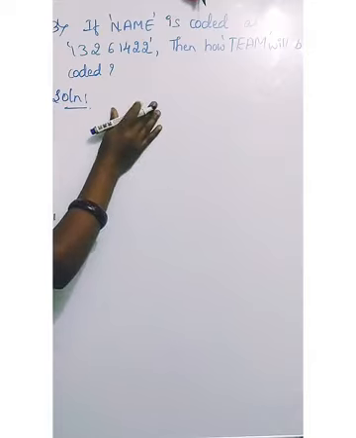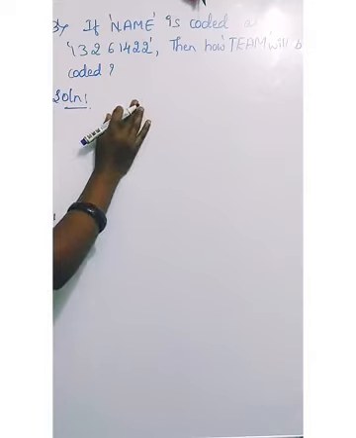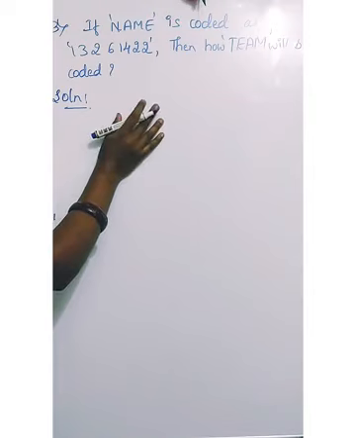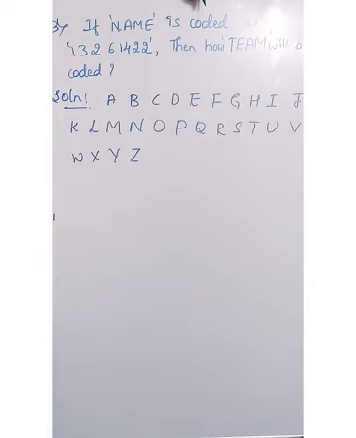Okay, see here, the same procedure but the technique is different. We will take the alphabetical letters from A to Z. I have completed all the alphabetical letters. Now we will do coding related to numbers. Why? Because the name they have coded is in numbers. Here you can notice that.